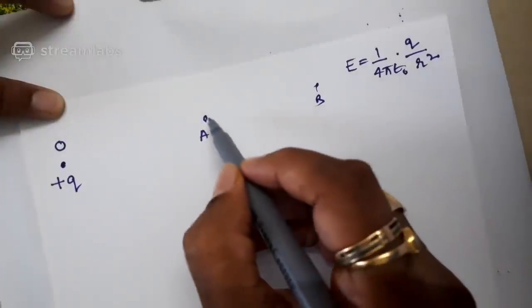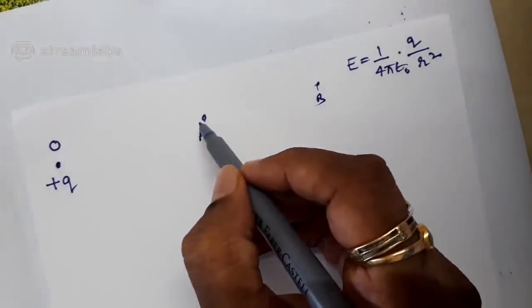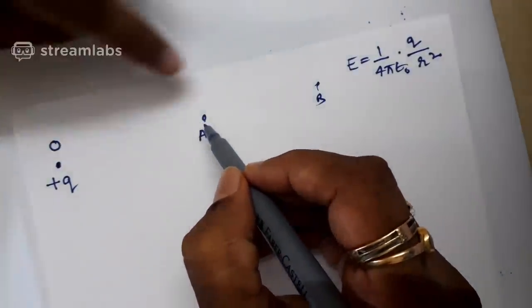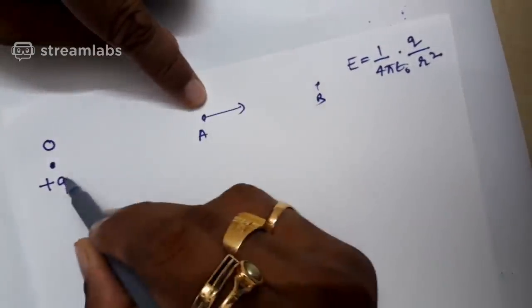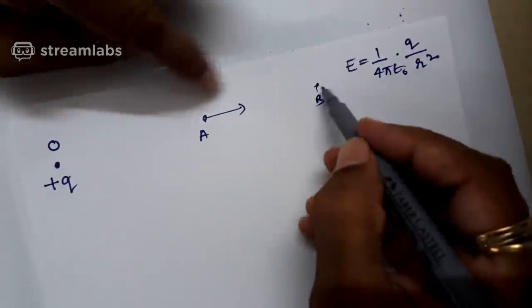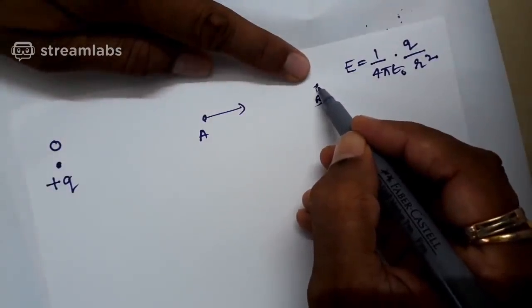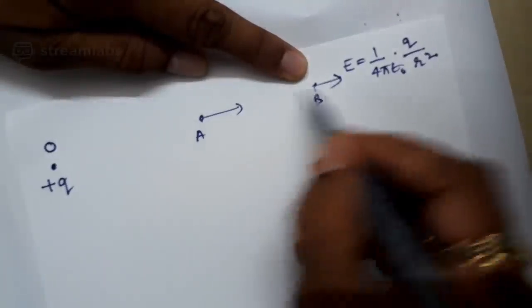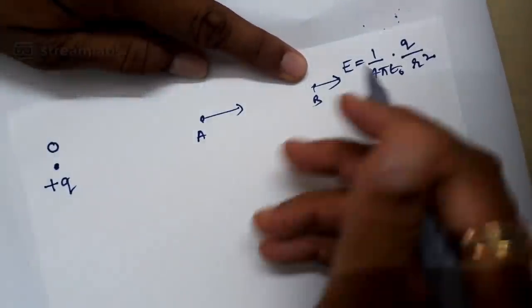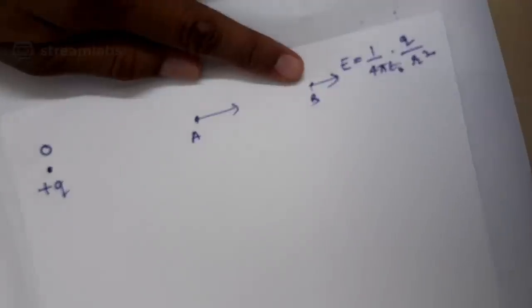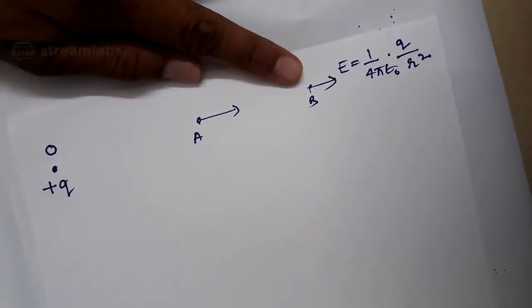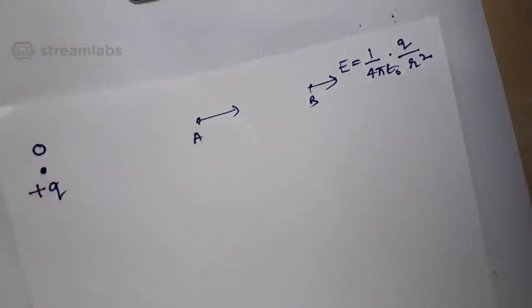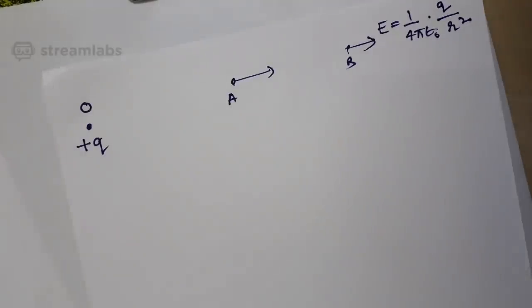But if I deal with the direction of the electric field, wherever you define electric intensity at a point, I need to assume a plus 1 coulomb charge. Plus 1 coulomb will be repelled by plus Q. That itself is the direction of electric intensity. Again, if I assume a plus 1 coulomb charge at point B, it will be repelled by plus Q. Directions are the same, but the magnitudes of the electric intensities are not the same. I can't call it a uniform electric field. Correct? It means the electric field around a point charge is not at all a uniform electric field.